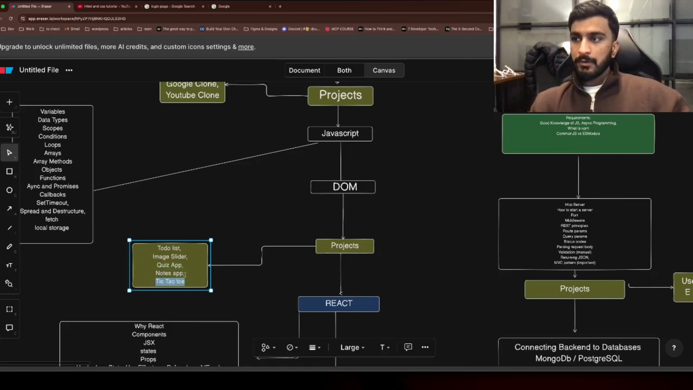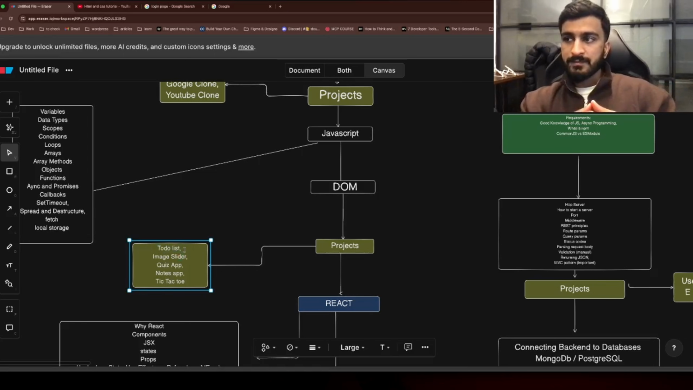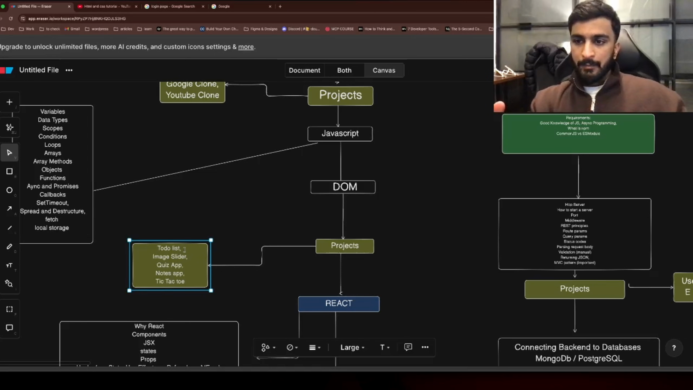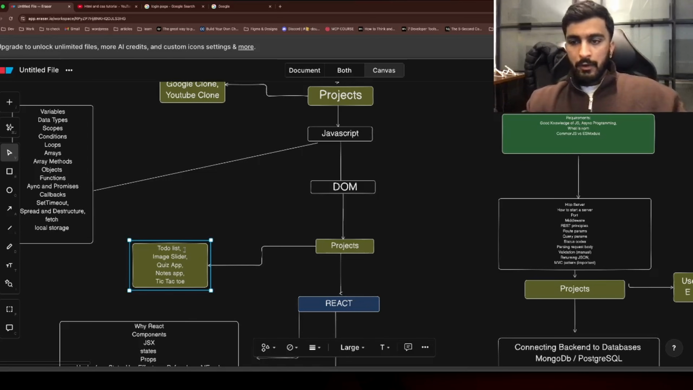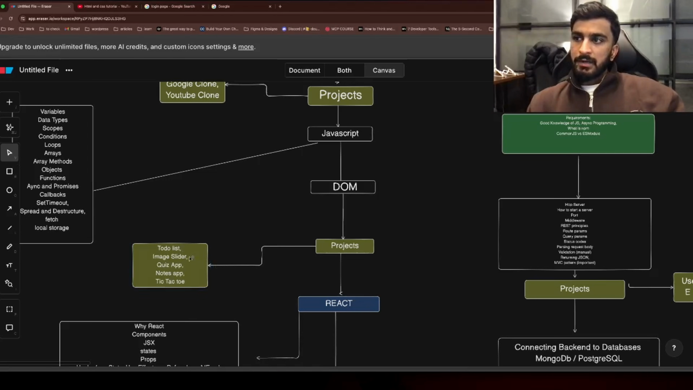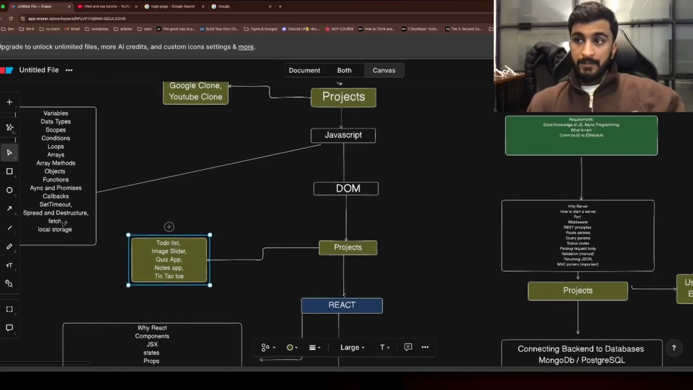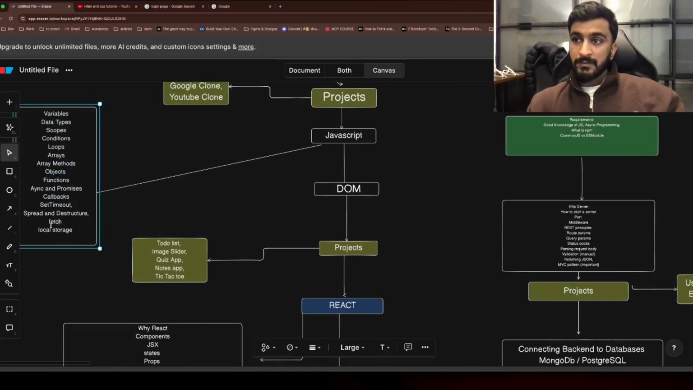Tic-tac-toe is very important. Notes app, quiz app, image sliders, to-do list is very important. A to-do list is something that you can actually build and always scale up. You can add categories, you can add search to it, you can add normal CRUD. After you build these projects, I'll urge you to go back to JavaScript and start learning about